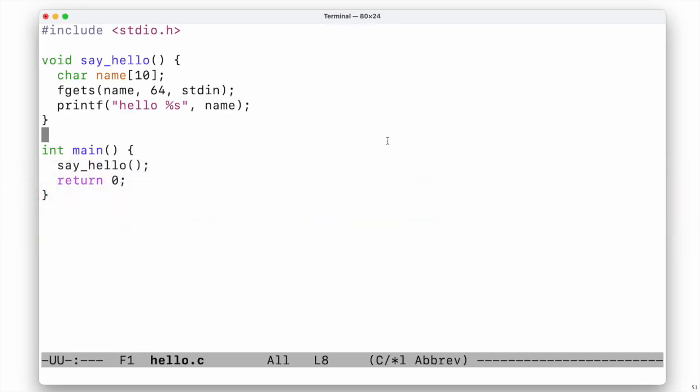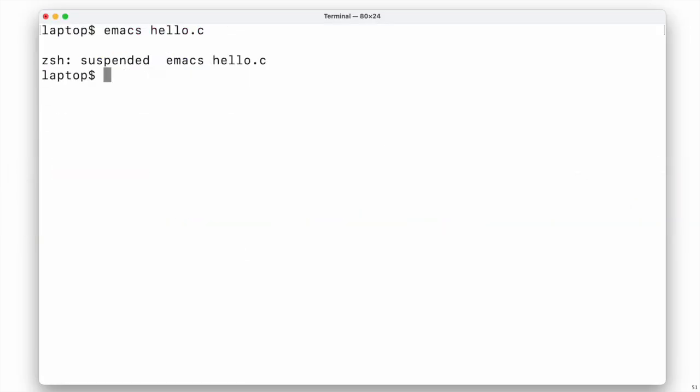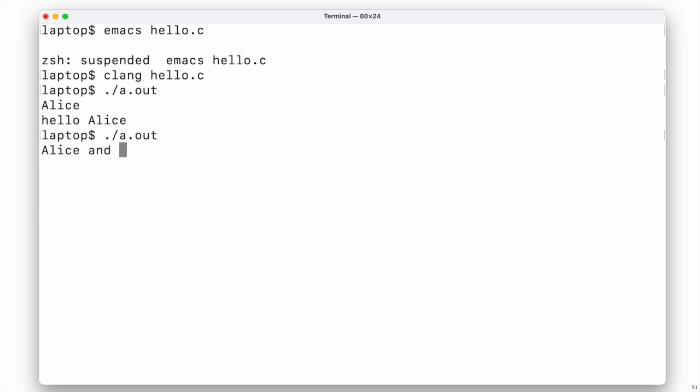If we go back to our hello program, and this is the one where I have written the wrong buffer size, then when I compile it on macOS using GCC, or that's really Clang, and I run the program and I say Alice, it works as it should. When I run it and say Alice and Bob, then you see we got an error from the program. This abort here is actually coming from the stack protector. Notice the canary changed due to the stack overflow, and so it aborted the program